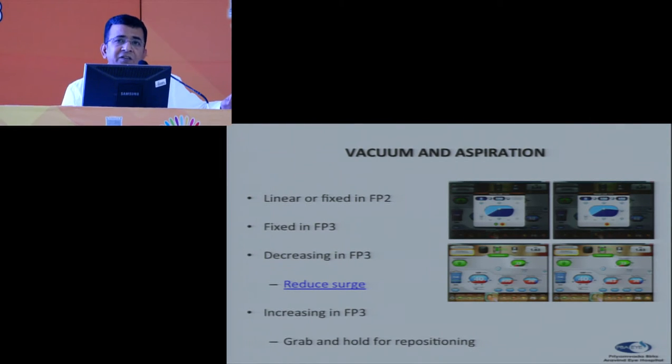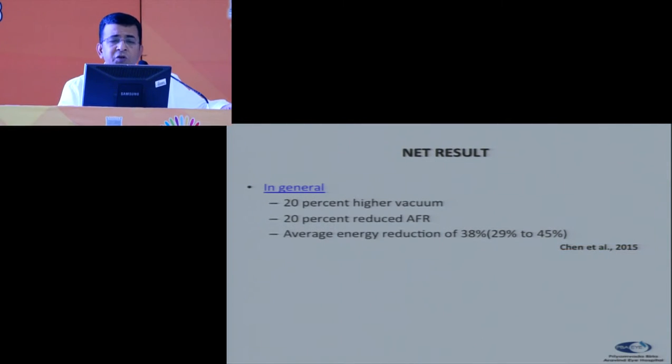It is linear or fixed in foot position 2, and it can be fixed in foot position 3, or it can be decreasing in foot position 3 to reduce the surge, or we can increase in foot position 3 for a better grab and reholding and repositioning. So in general, what happens is we can achieve a 20% higher vacuum with a 20% reduction of AFR and an average energy reduction of 40%. This is reported in 2015, and this basically transpires into the safety as well as the outcome of the